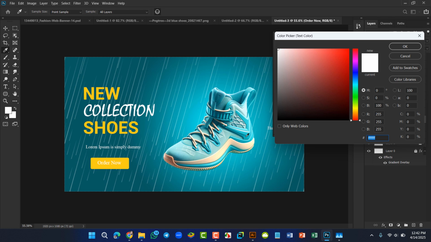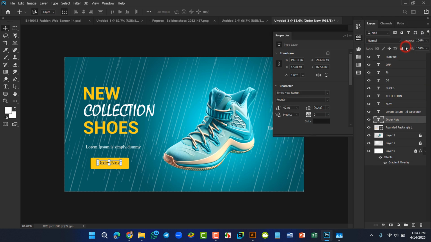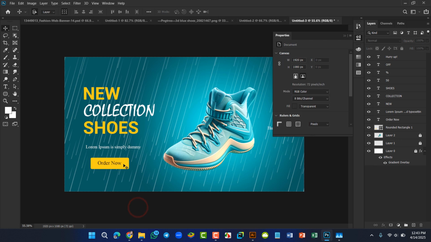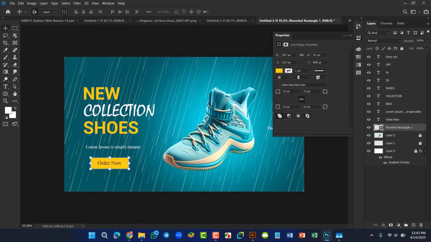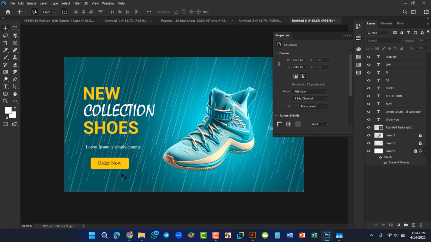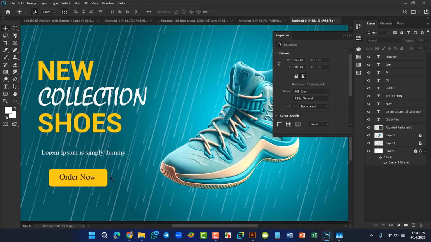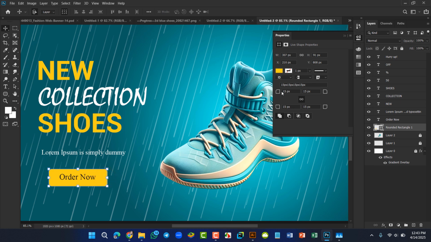I think... no, black is better for that image, I think. Okay, now it is good, but we reduce the corner size as well, because 15. Now it is better, I think. We can reduce more, it's 20. Yeah,